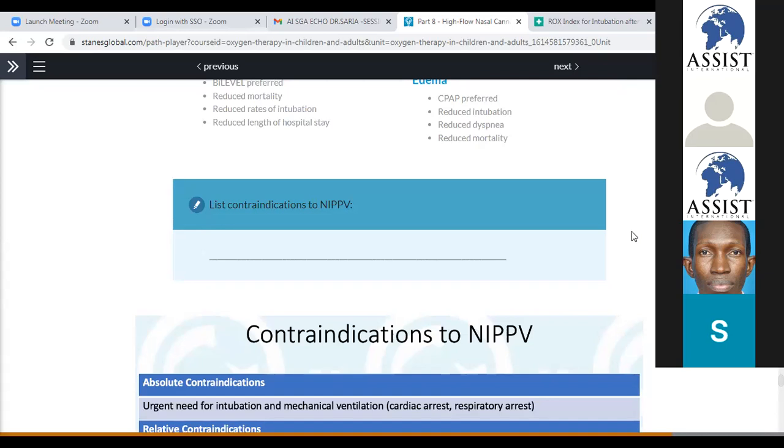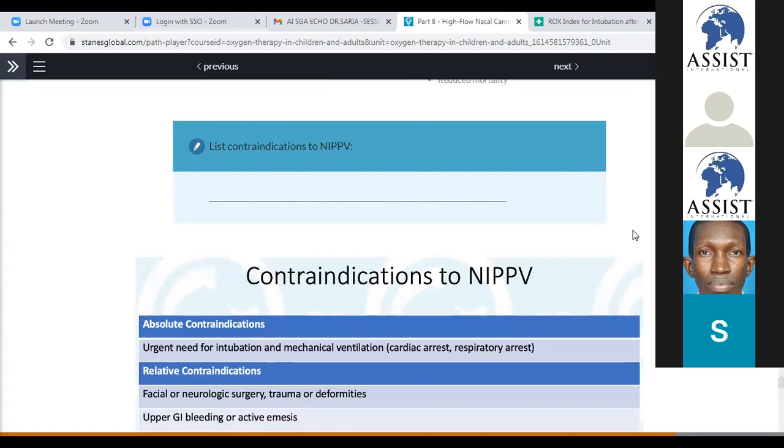It means they have even no ability to have gagging reflex or swallowing reflex in a good way. So if they happen to have a lot of secretions or regurgitate with your machine pushing on top with high pressure, they can end up aspirating and end up even much more deteriorating rather than improving. So anybody who is unconscious, it's not indicated to